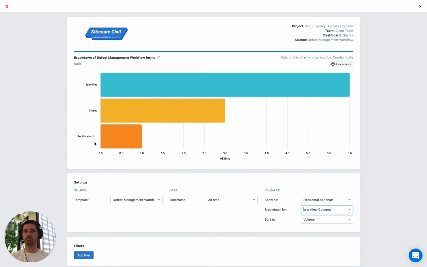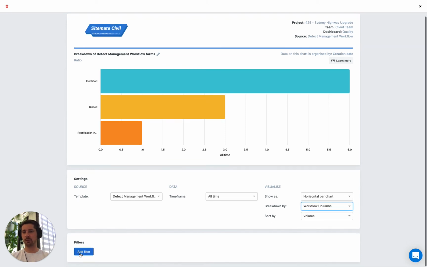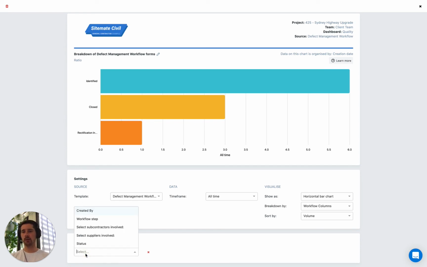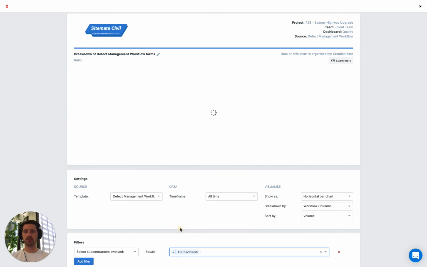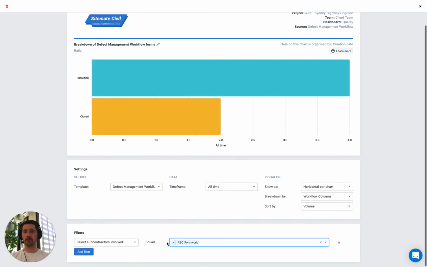In addition to the settings block, we have a filter block down the bottom, and this is where we can specify exactly what data we want to consider on our chart. So maybe we only want to look at the subcontractors involved for ABC formwork. So now we're only looking at the defects that have been categorized where the subcontractors involved is just ABC formwork,